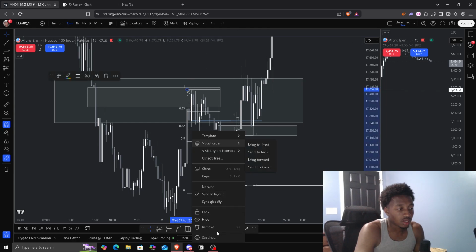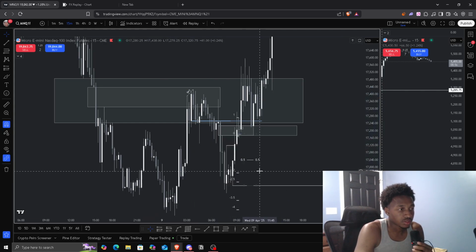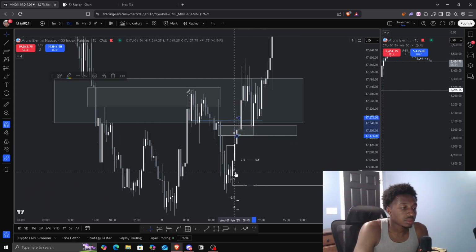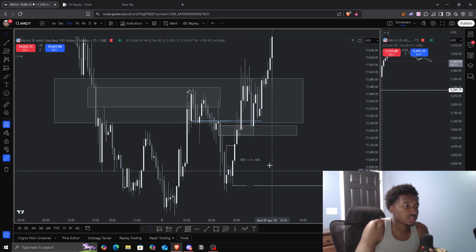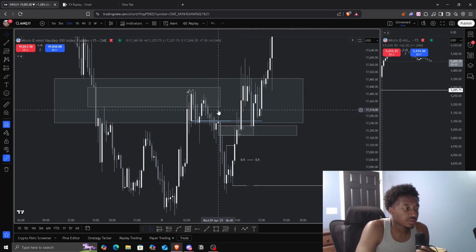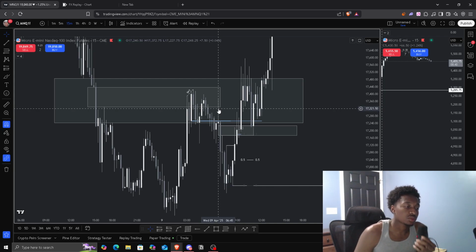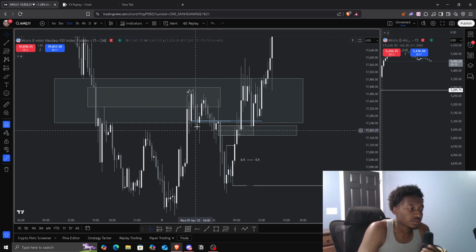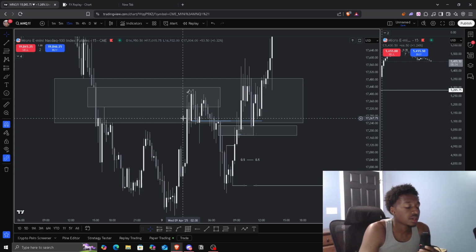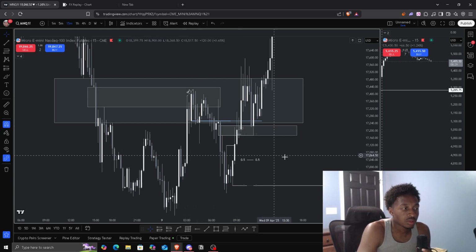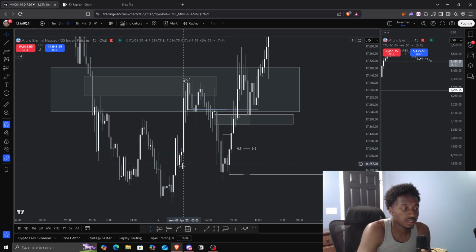Let me take the fib off the screen, but let me also take the standard deviation range. So I use time frame alignment. If there's a 4 hour gap, I'll look for a 15-minute confirmation, or like a market structure shift, something to indicate the price actually wants to go lower. So I was looking for a change of state. We got a change of state here, which is not something I would enter off of. It's just more of a confirmation that price wants to go lower because it's disrespecting bullish PD arrays like